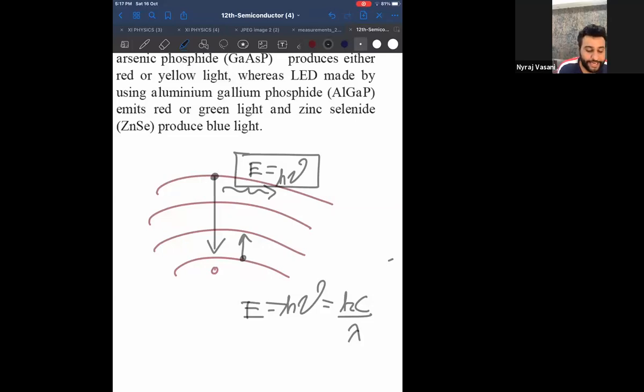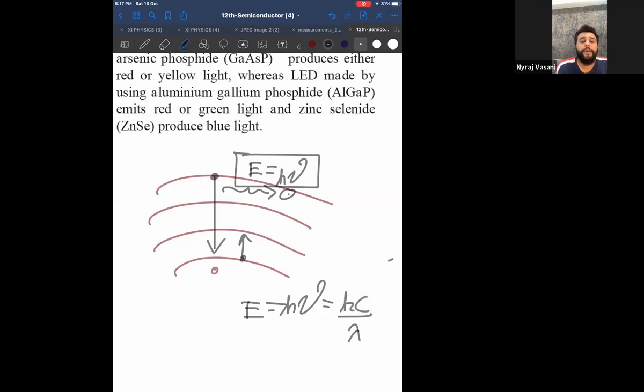Now, that light is the light from the LED. So from where did you get light in LED? When electrons jump from a higher orbital to a lower orbital, they give out energy. And if they give out energy in the form of light, that light is the LED light. That is the principle of LED, which is based on Bohr's postulate 3. That means when electrons jump from a higher orbital to a lower orbital, they give out energy.